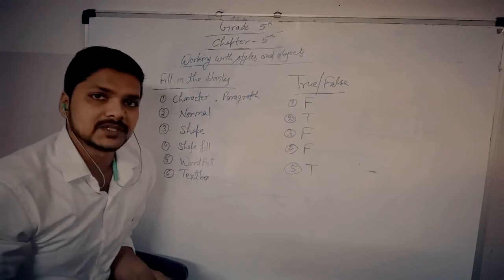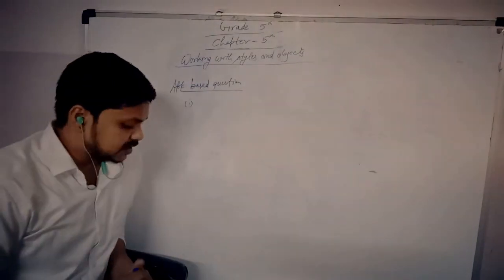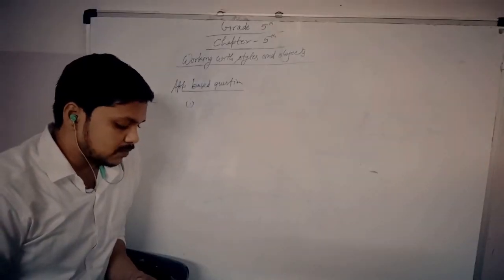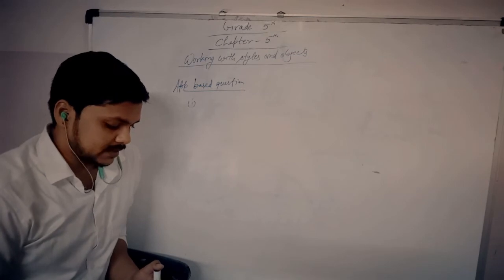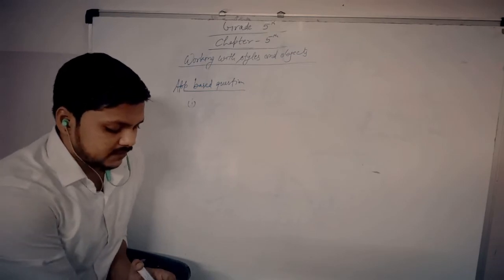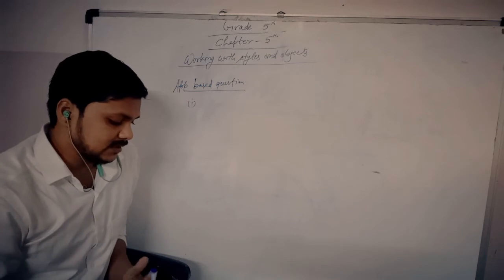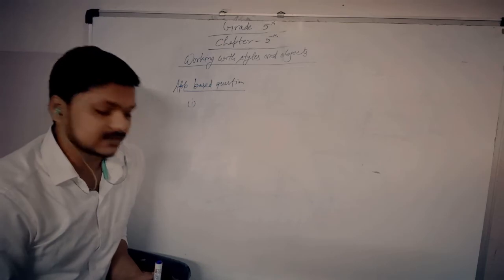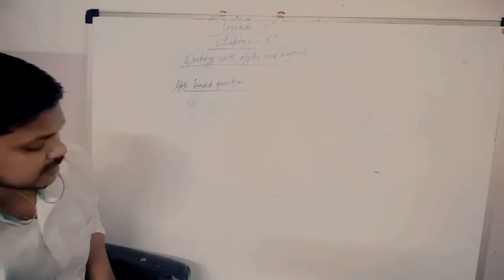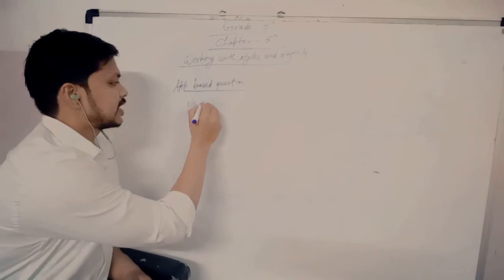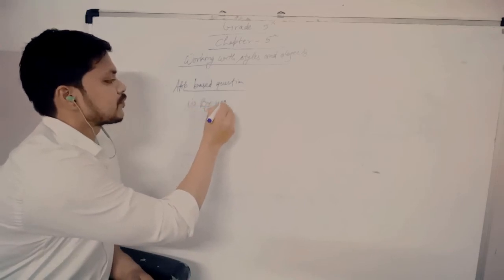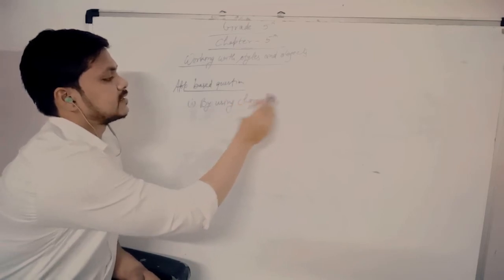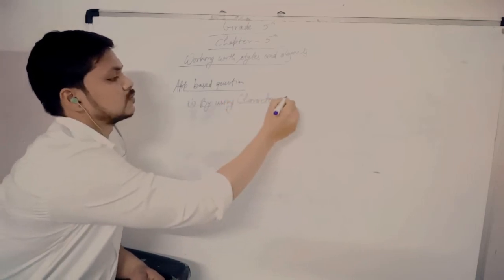Now come to the application based questions of this chapter. The first application based question, I am reading: Arushi wants to write a poem on habits in a Word document. She wants to apply a decorative effect to every single line. Suggest to her how she can apply the special text effect. It can be done by using the character style option. Right here, using character style.